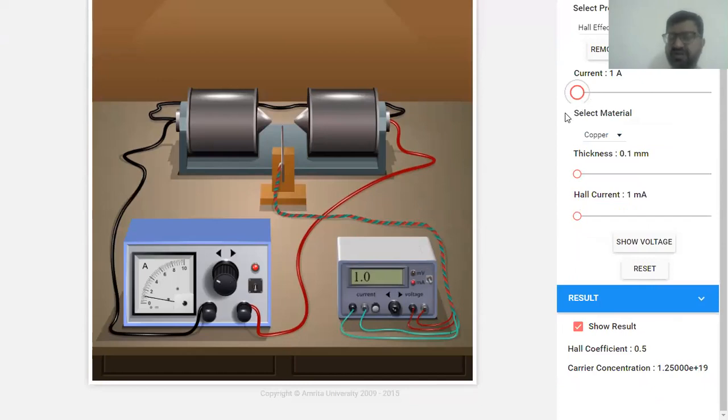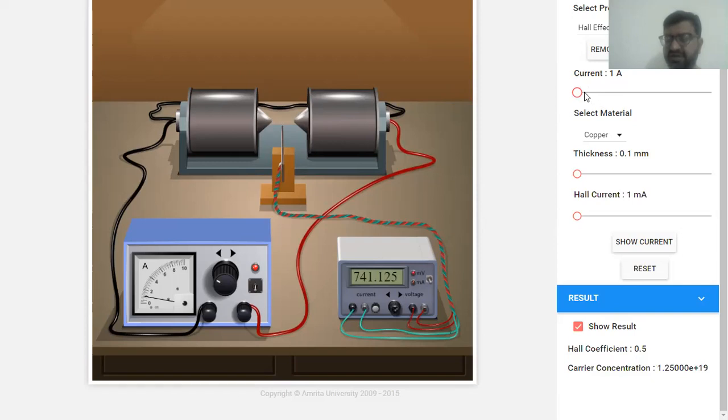As we know from the previous table, what will be the magnetic field at 1 ampere? Simple. Now we have to note just the Hall voltage value for the Hall current. At 1 ampere current, this is the value of the Hall voltage.